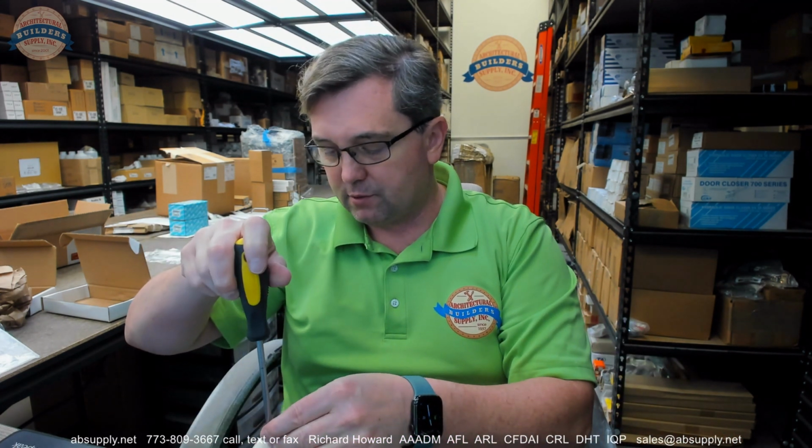Stepping away to get a screwdriver. An armor front is basically a plate that covers the raw edge of the mortise lock. Armor fronts have been part of mortise lock work for at least a century. At least. I don't know the earliest